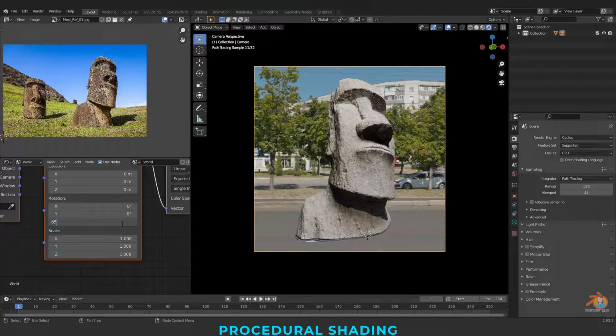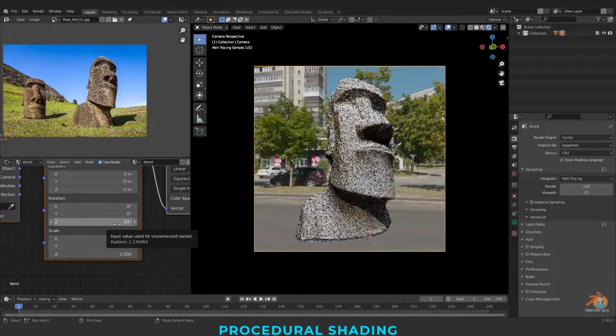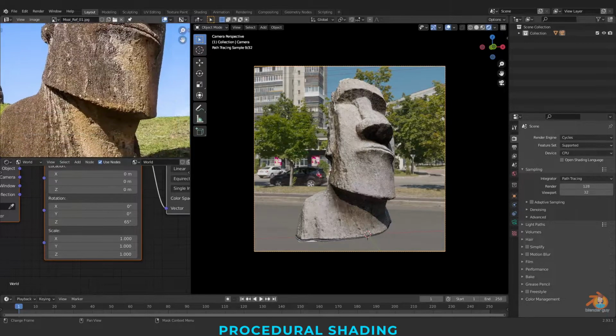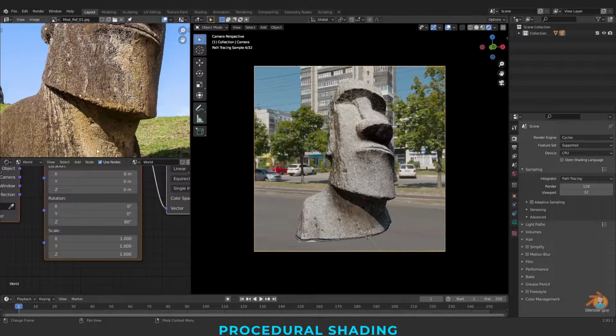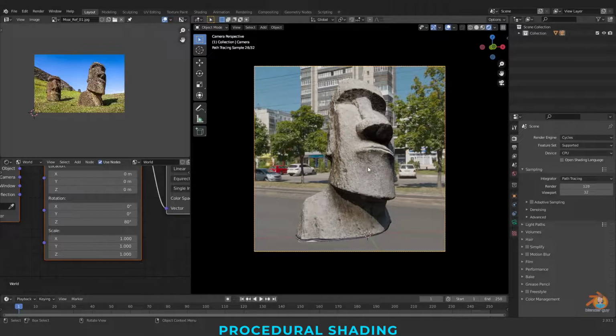Yeah, works. I think the shadow is more similar to this. Let's even check for 80. Yeah, the shadow is now matching our reference.